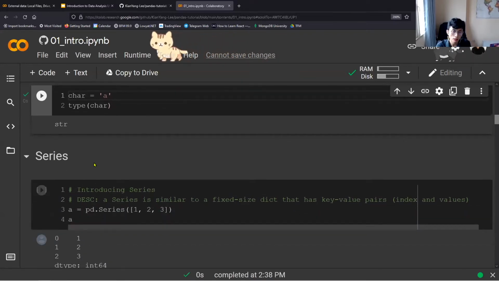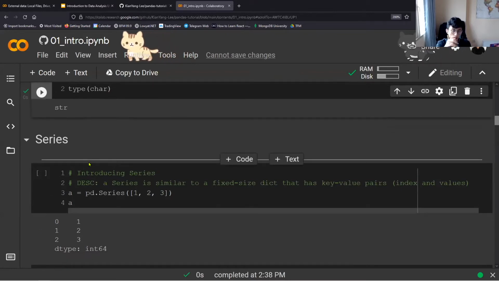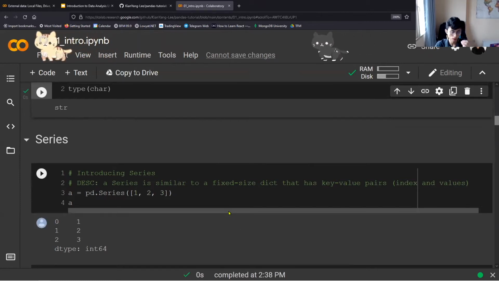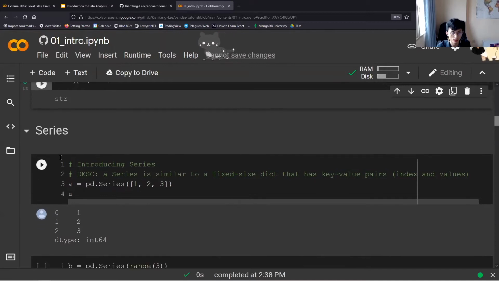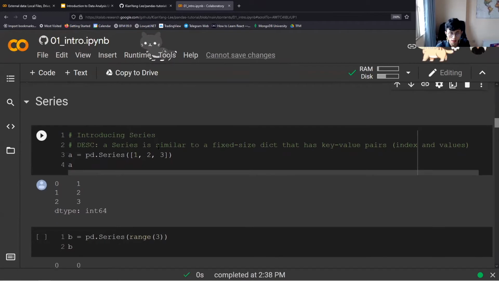And then for Pandas, we have two data structures that come along with Pandas. So today, if let's say you are going to use Pandas a lot, then you will probably spend most or all of your time dealing with these two data structures, right? Series and DataFrame. So what is a series? Series is